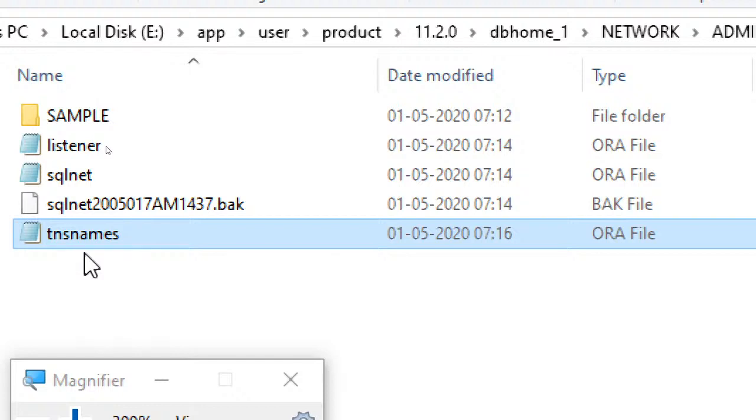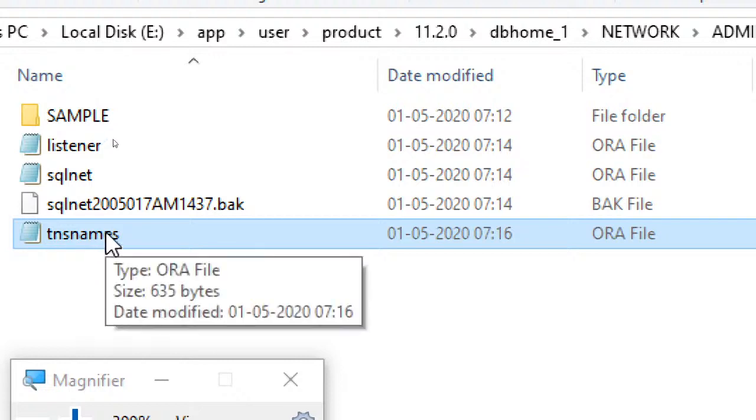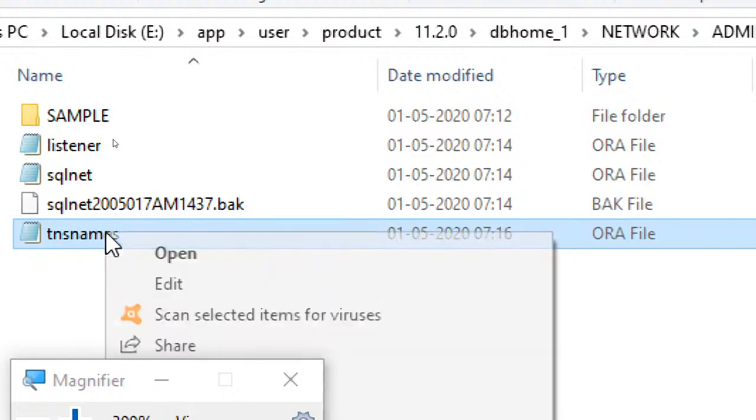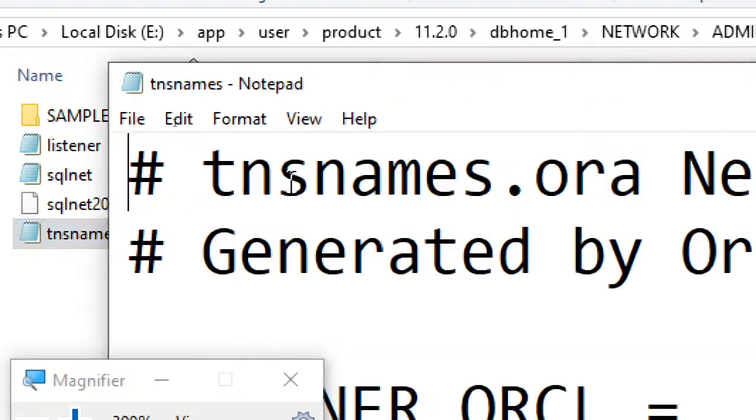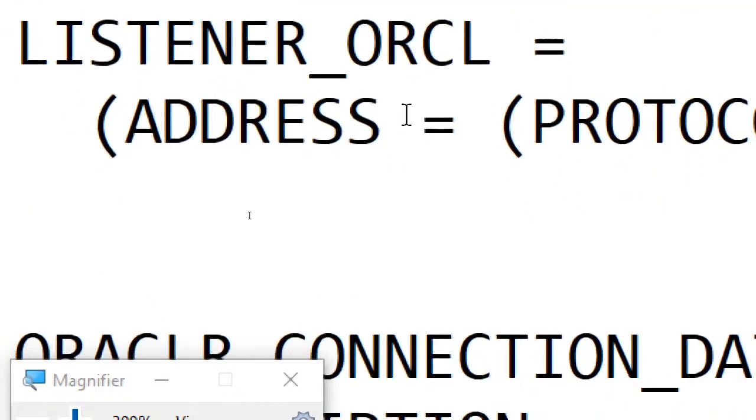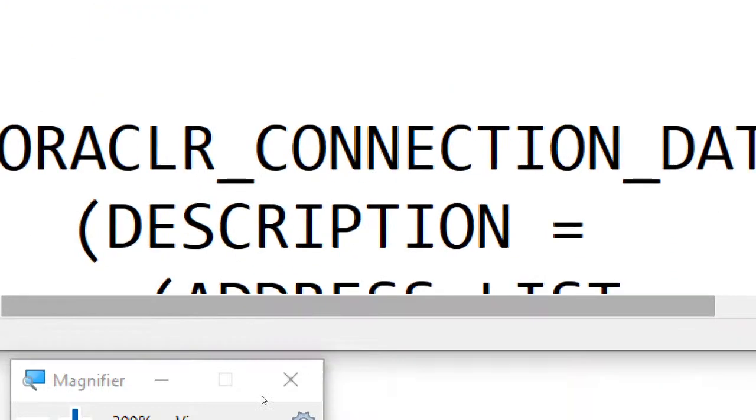And why I am saying all this is to make you understand how to see your port number and service name. For that I am just showing you this. So how to go to this particular path I am just showing you. And then if you edit this, don't change anything. Here you can see service name ORCL.